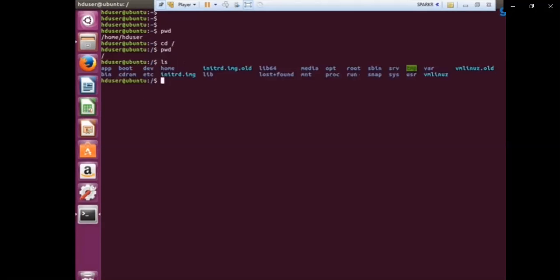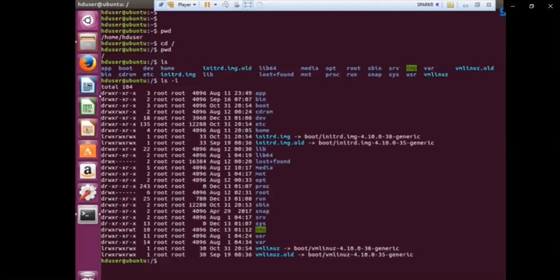Now here I don't know which one is a directory, so I will type ls -l. Now it will show contents like this. Here we can see which one is a directory and which one is simply a file. If it starts with d, it means it's a directory.